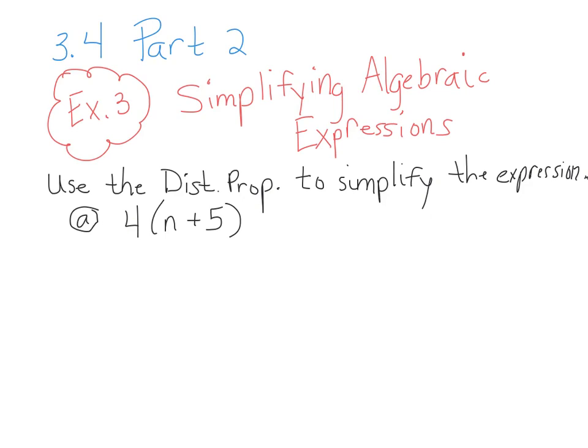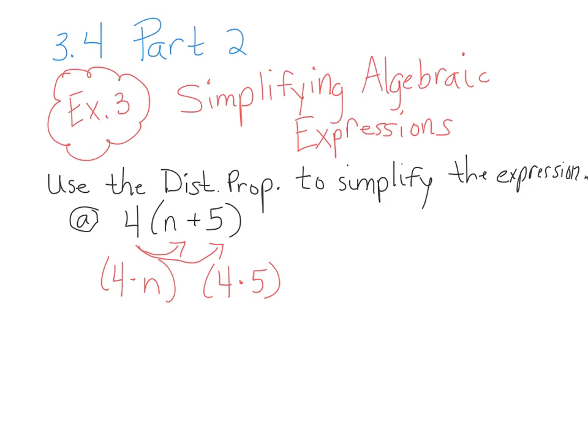So in this case, we have 4 times in parentheses n plus 5, and when we use the distributive property, we multiply what's on the outside of the parentheses, or distribute it evenly, by each of the terms inside. So the first term is n, so we would do 4 times n. And then the second term would be times 5, so we would do 4 times 5. And then because it's an addition sign in between, we would add these two